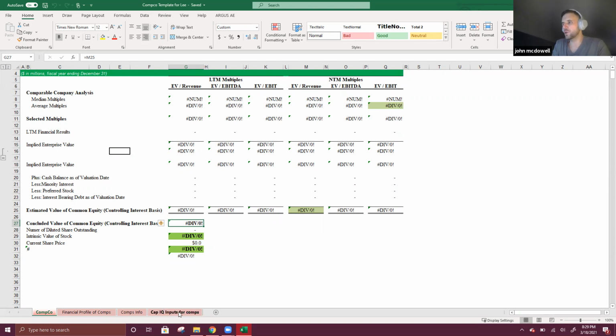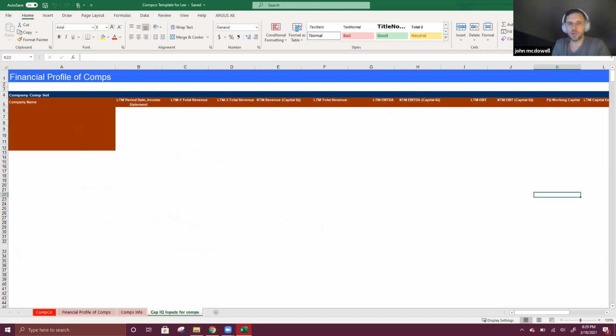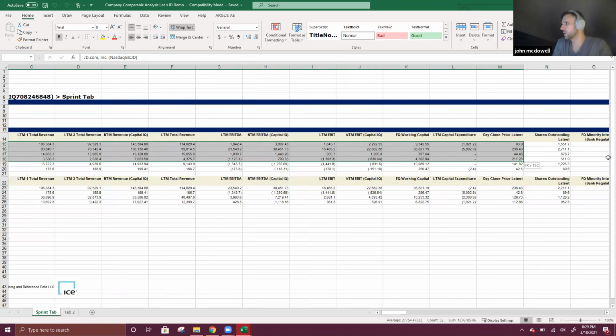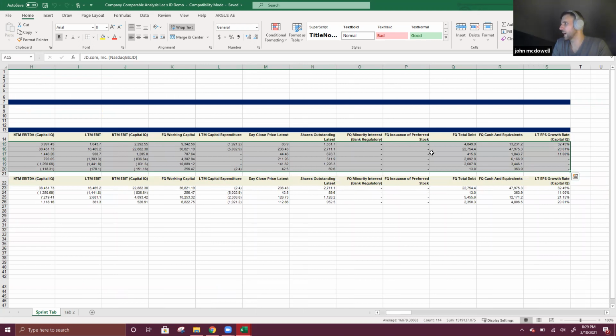So now that we have that, you go to the Capital IQ input for comps. You're going to pull up the Excel that we just outputted from CapIQ. Okay, go up here to this cell. Now the key is you've got to make sure the stock you're pitching is on top. As long as it's the first one, you're fine. Now we got the output where JD came out on top. If not, you'll have to copy and paste and make sure that yours is on top, because that informs the model. Go out here, copy and paste,